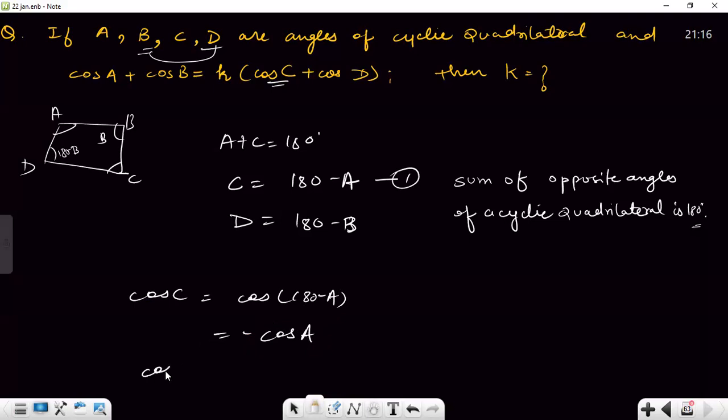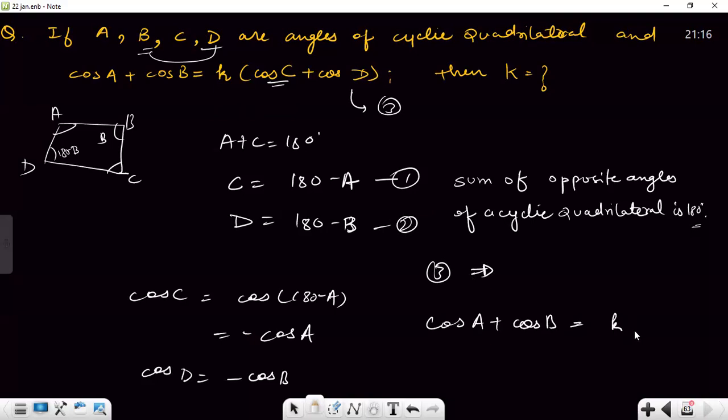And similarly, we can write cos of D will also be equal to minus of cos of B, because cos of D can be written as cos of 180 minus B, and the same story repeats. Okay, so let's now replace them in the given equation. So now the given third equation becomes cosine of A plus cosine of B on the left hand side equals K into minus of cosine of